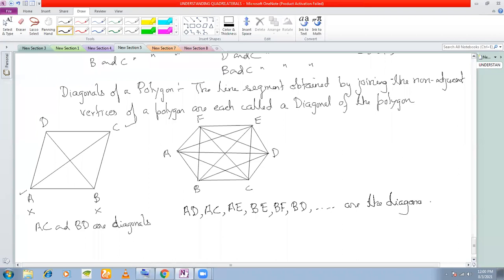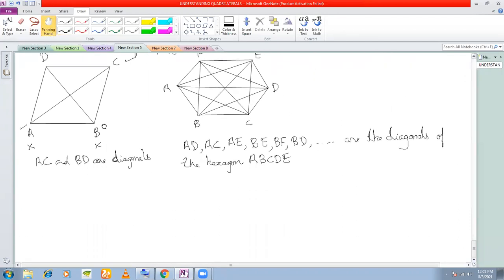If you see properly, we are getting triangles inside the hexagon. In fact, a hexagon consists of 6 equilateral triangles, not only 3, there will be 6 if you see properly. We'll see that later, not now. But just understand for the time being, the hexagon contains 6 equilateral triangles. Don't worry about all that. So all these are diagonals.